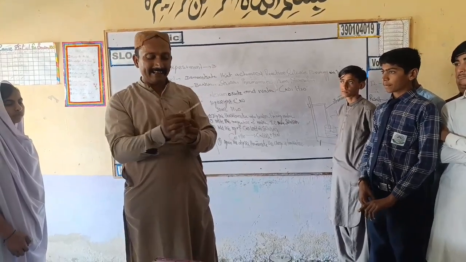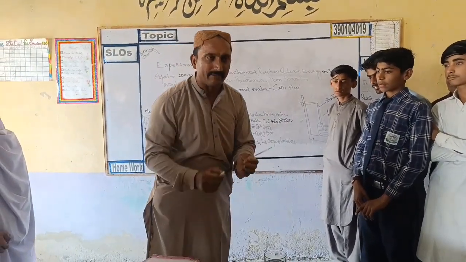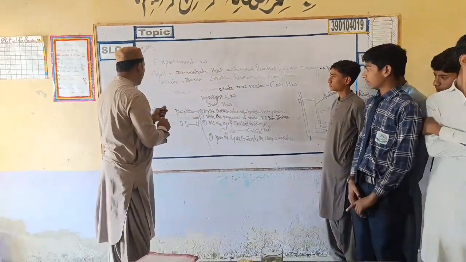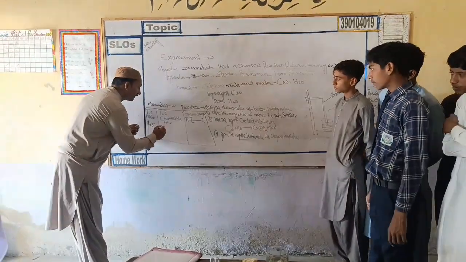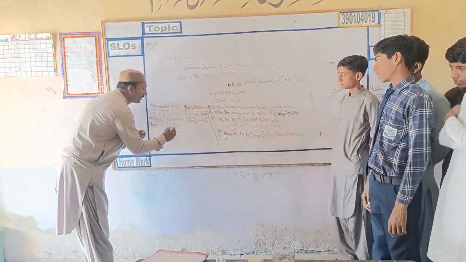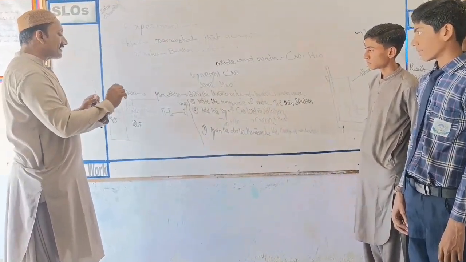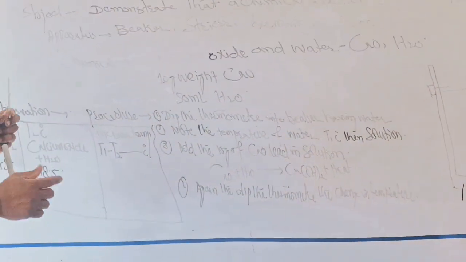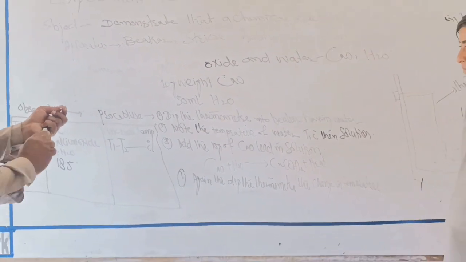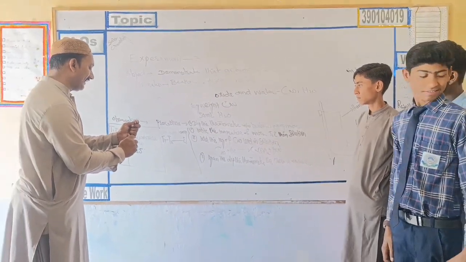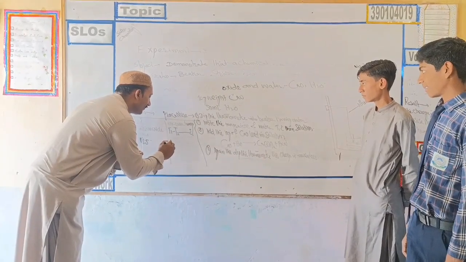Our second reading in our chemical reaction is 80.5. Our third step is the increase in temperature, final minus initial. Our final reading is 18.5